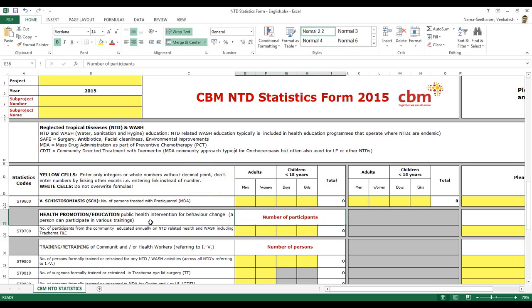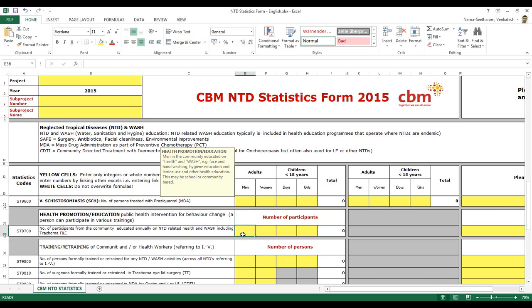My question is in relation not to the definition of participants or persons per se, but the definition of the activity through which we promote the WASH or behavioral change messages. Some could be training, as you rightly say. Some could be community awareness, whereby there is an open space with a large audience coming in, and sometimes it's difficult to count them. And some of these initiatives can take place even through media. It could be a radio program, for instance. So, are we focusing mostly on trainings here?